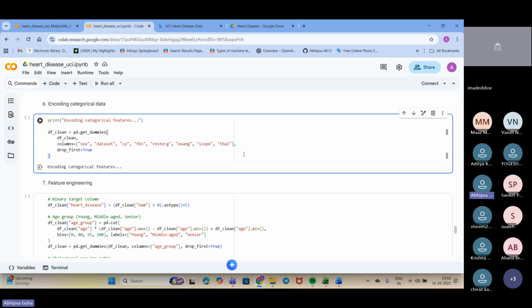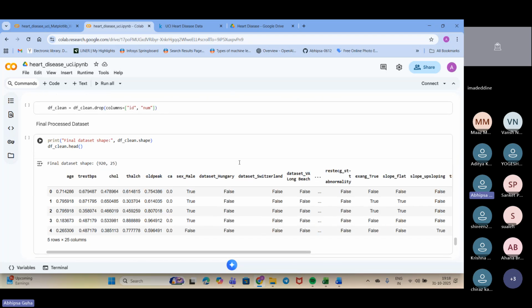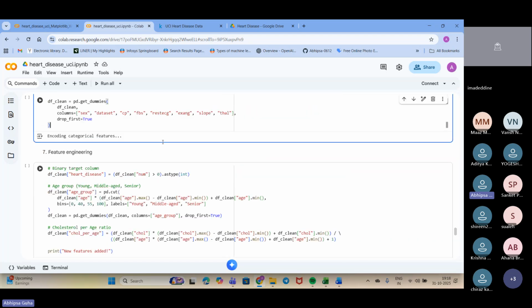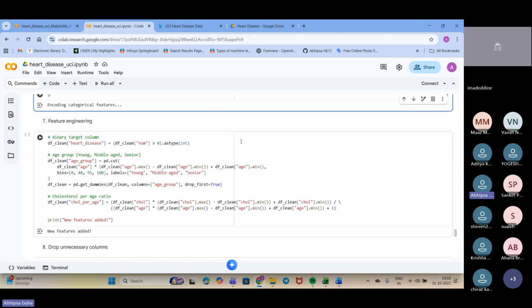Next, we have to move into the feature engineering part. Here we want to prepare a binary target column.